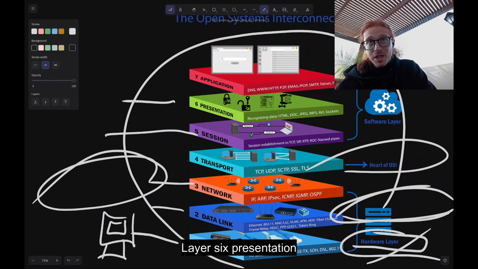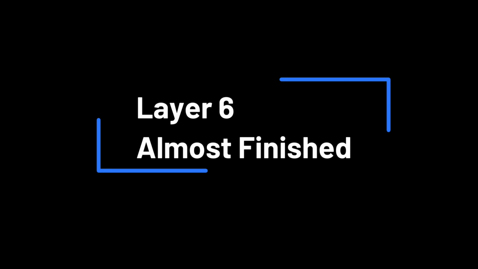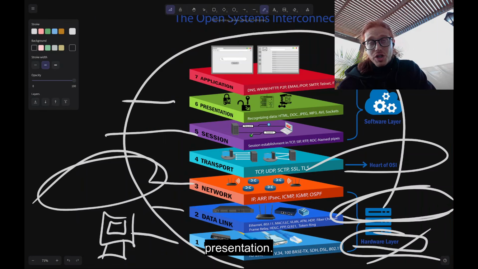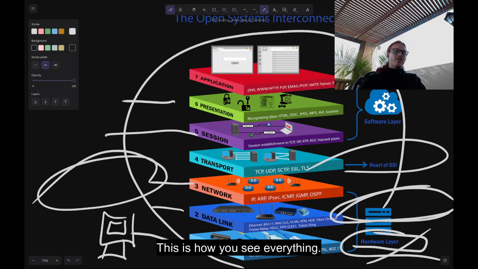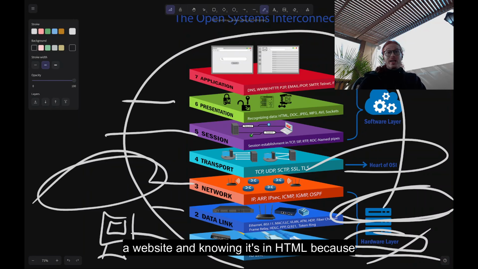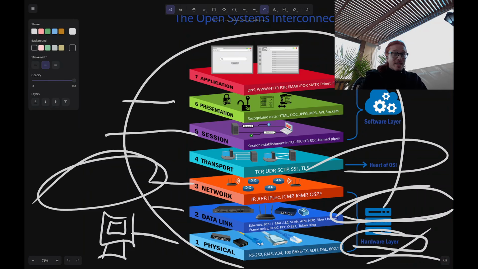Layer 6, presentation. This is how you see everything. This is the format you see everything. This is like having a website and knowing it's in HTML because that's how it is, or React or whatever. The last layer,